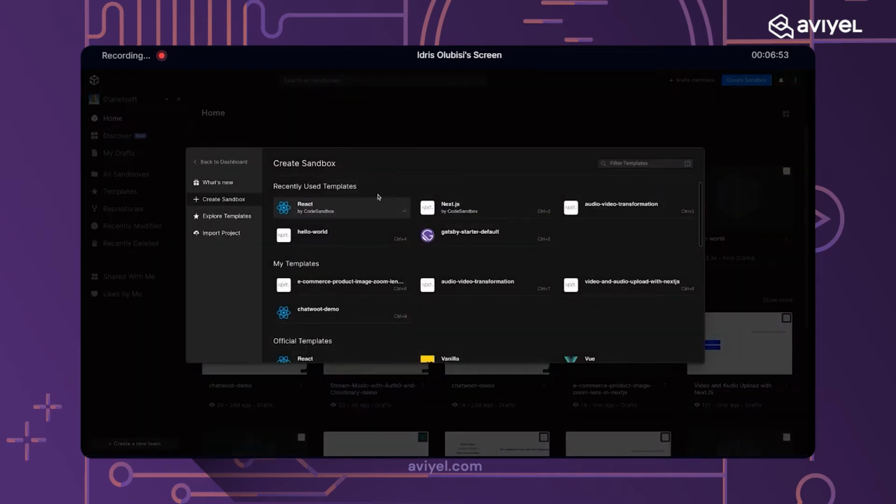And why am I creating a new sandbox? This is just to simulate the process of creating your React application locally. So ideally, when you create locally, you build locally, you deploy, then you get the URL. That's what we actually use to integrate ChatSuite into our website. So that URL helps us to integrate. That URL tells ChatSuite where to focus on.